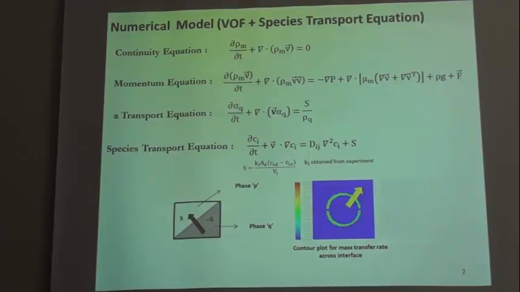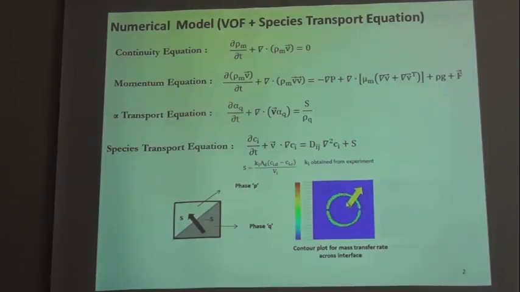In order to capture the mass transfer from the dispersed to the continuous phase, we had initially developed a solver in Fluent, wherein we coupled the standard species transport equation within the VOF framework. As you can see, this is your basic scalar transport equation for the C field. This equation gets a term S, which is the volumetric source term,